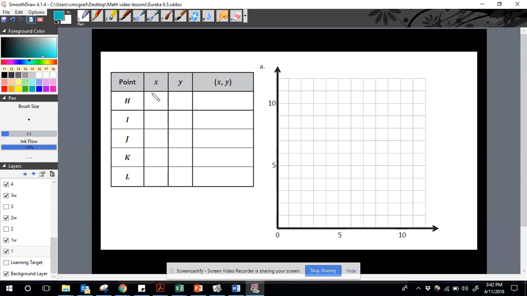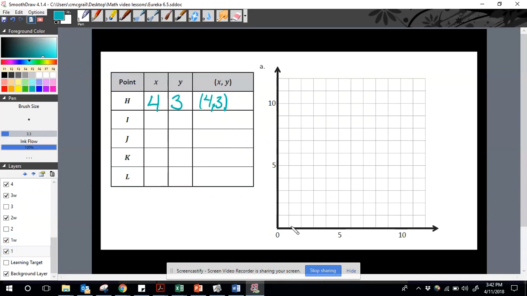Okay, so point H is going to be located, its x-coordinate is going to be 4, and its y-coordinate is going to be 3. So its coordinates are going to be 4, 3. And if I start at my origin,